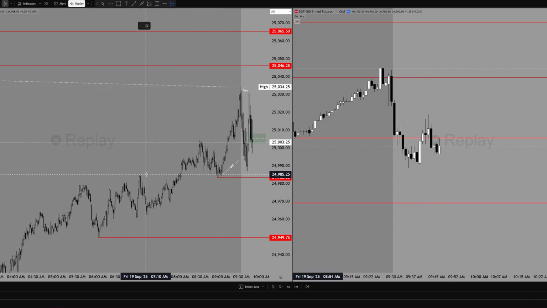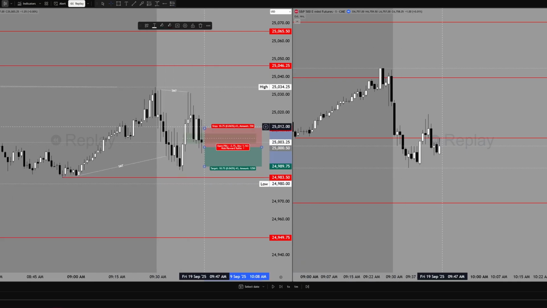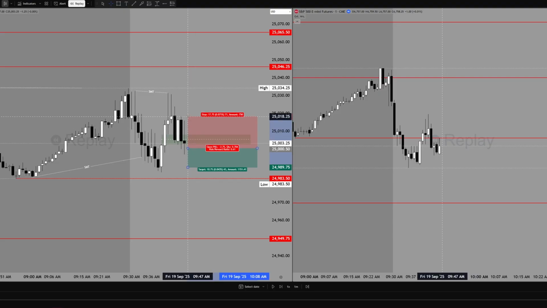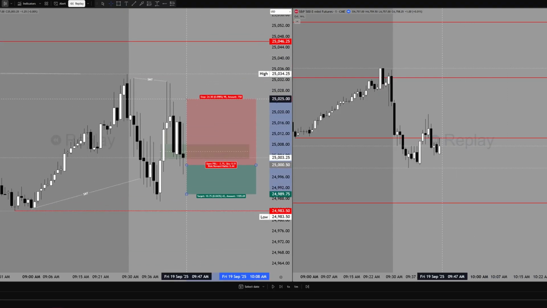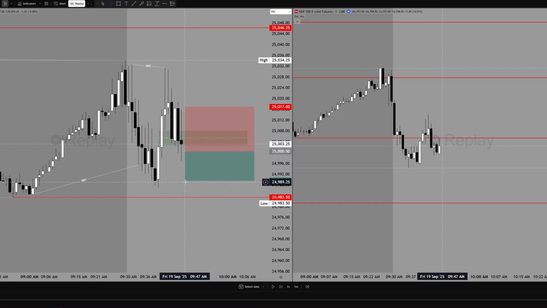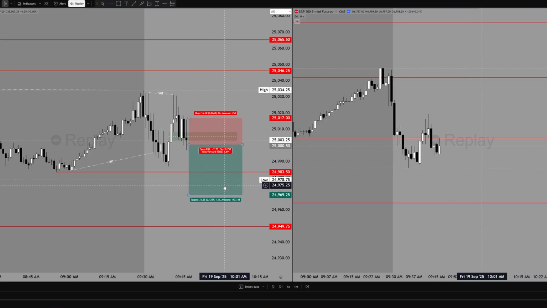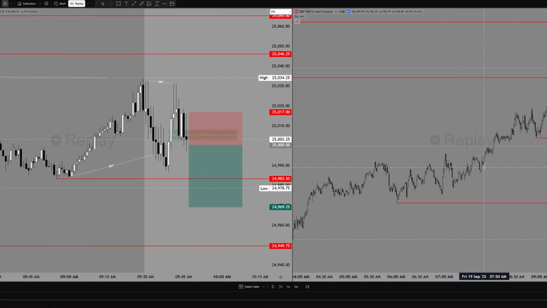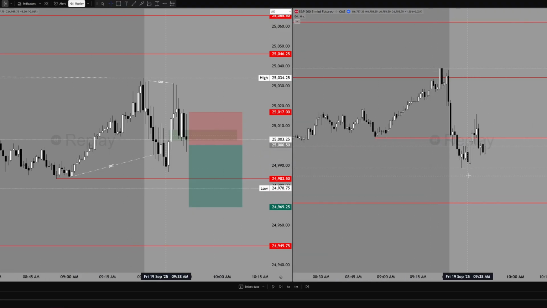Okay, something like this. Probably something like this. This honestly could also be longs too. But I kind of like this here. Stop loss probably above this rebalance here. If it goes any higher, I'm probably going to get stopped out. But rebalance here, 30 points. That's not even 30 points. That's the only thing about this trade. Do I like this trade? Yeah.